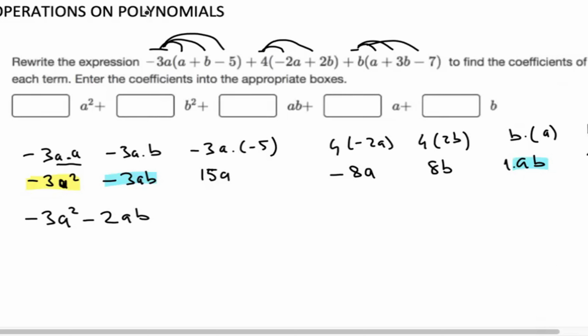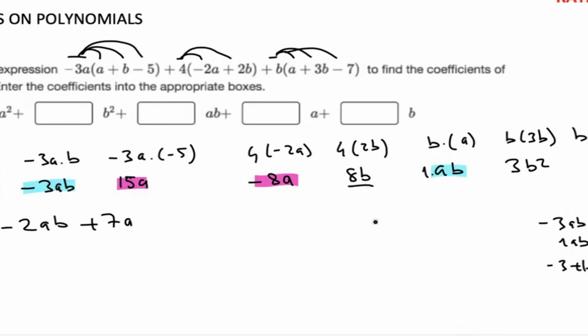Then let's see next. Next is single a. Do we have single a? Yeah, we have here single a. 15a minus 8a. 15a minus 8a is 7a, because 15 minus 8 is 7. Then we have b's here. Okay, let me underline them. We have 8b and minus 7b, which is only single b. And then we have only 3b square here plus